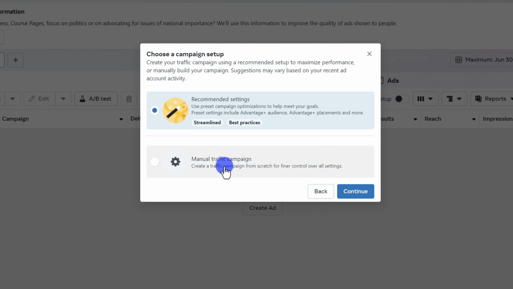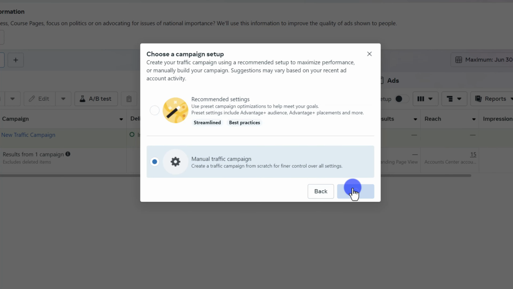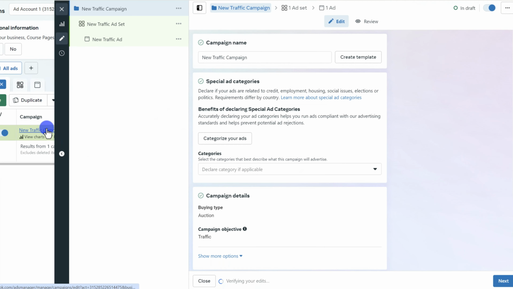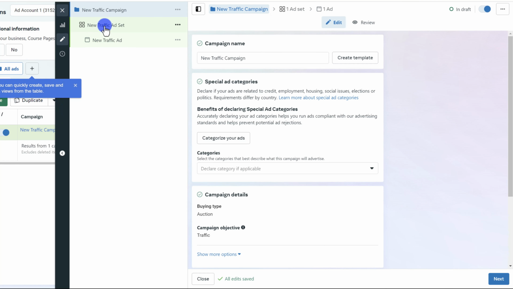And then we're going to select manual traffic campaign so that I can show you all the settings here. We're going to click on continue. And so congratulations, we've created our campaign. Now we're going to do our ad set. So let's quickly finish this up and enter a name for this. So let's say pick training